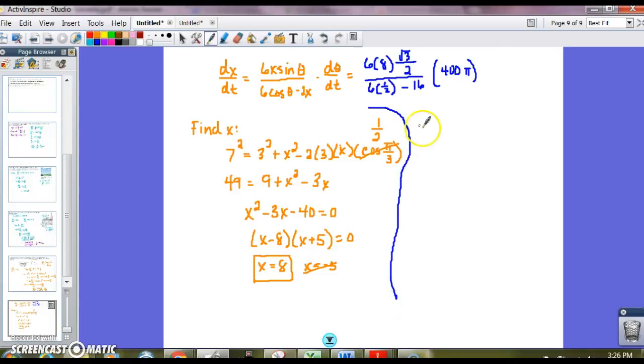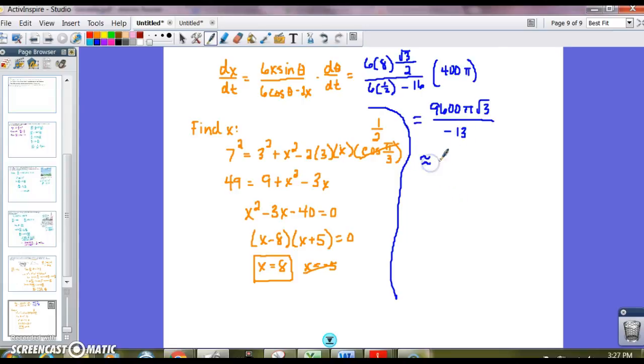So that gives me then, if I multiply all my numerators together, 9,600 pi root 3 over negative 13,